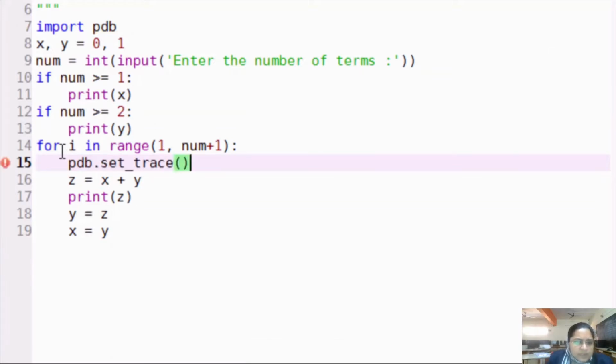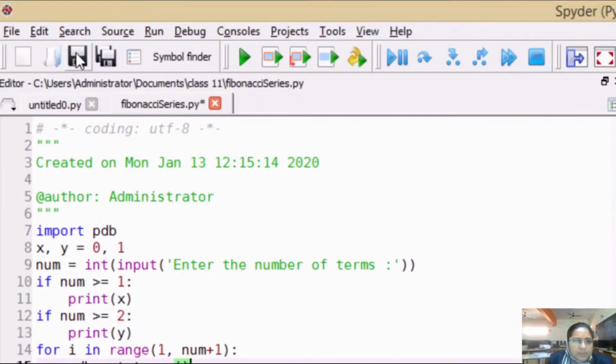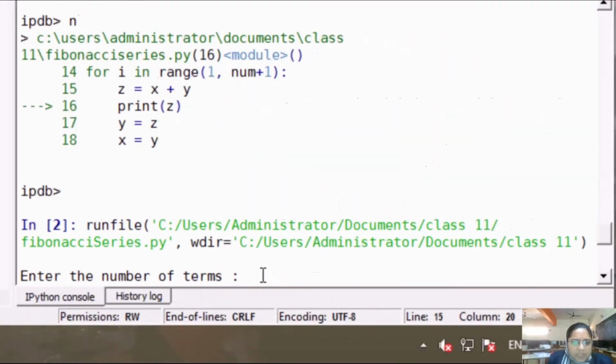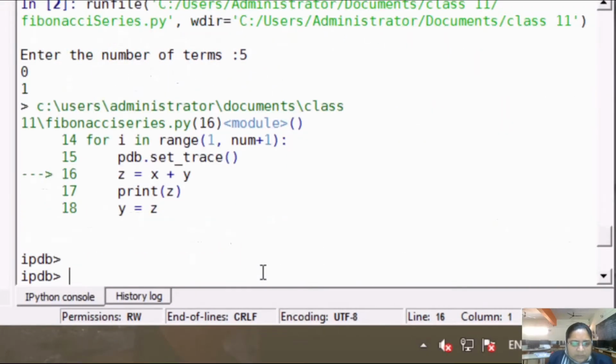So here the set_trace function is called, as you can see, and we call it using pdb.set_trace. Then we save the program and we run it, and we need to enter the number of terms over here.